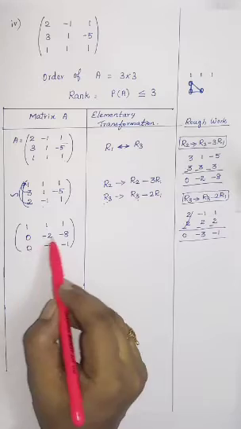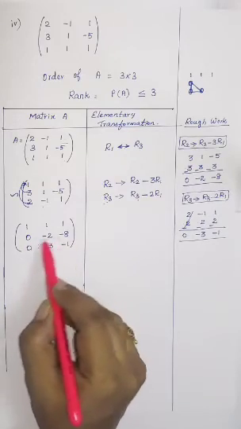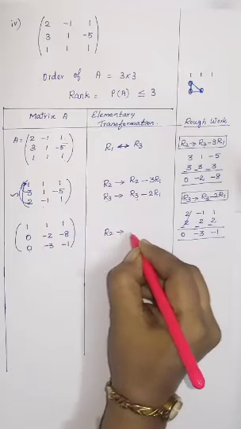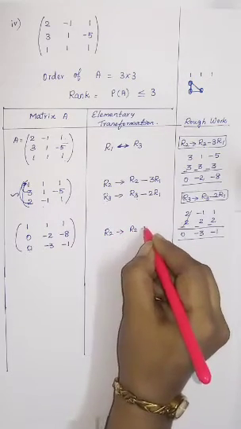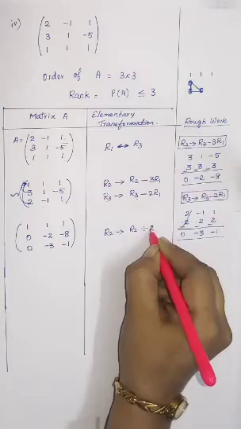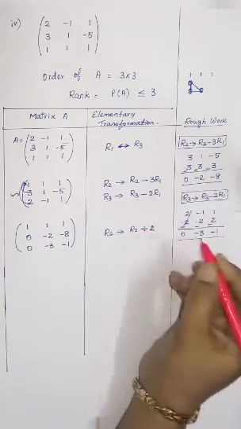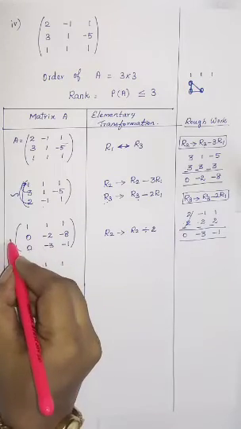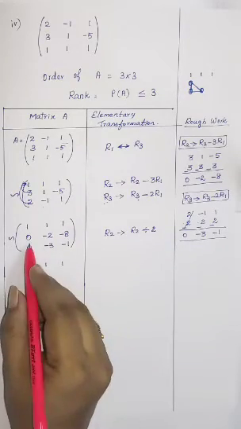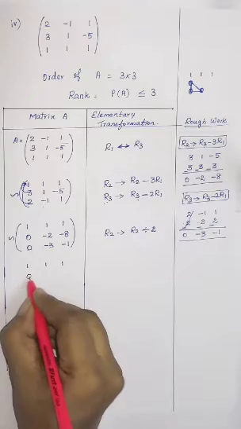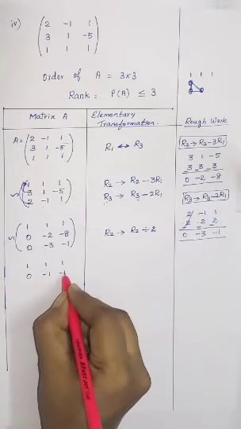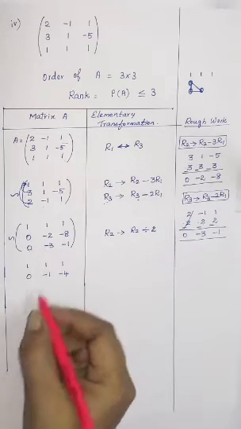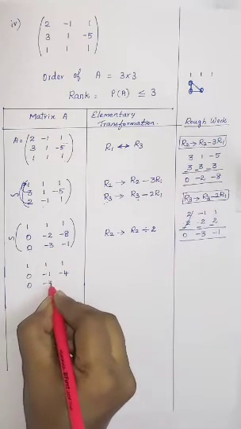And before that you can see here 2 is common here. So you can divide by 2. So R2 gives R2 divided by 2. If anything is common, you can divide it first and make a smaller number. Okay. So what you will get is 1, 1, 1. That is your row 1 is there as it is. And your row 2 you will have to divide by 2. Okay. So 0, minus 1, minus 4. So each number I am going to divide by 2. So I will get this answer. And this is there as it is. 0, minus 3 and minus 1.